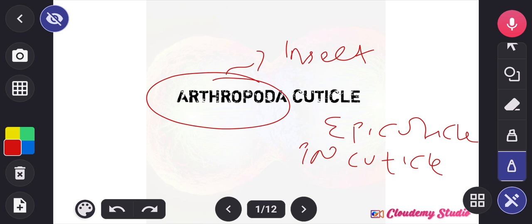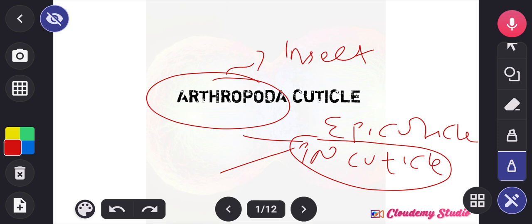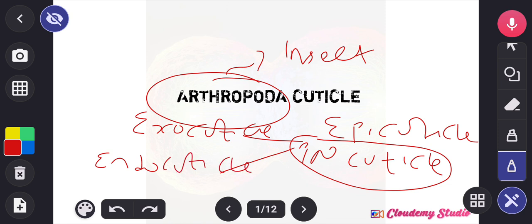Now you see this thick layer procuticle is subdivided into two parts, the exocuticle and the endocuticle. The exocuticle is found in the outer layer, while the endocuticle is found in the inner layer of the